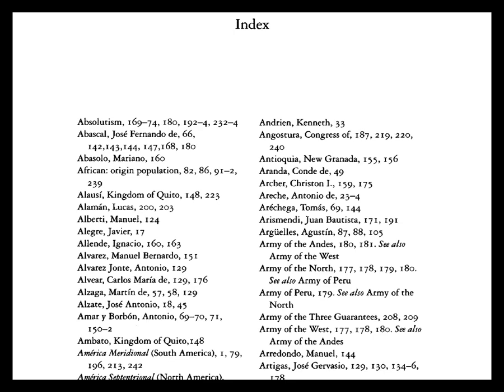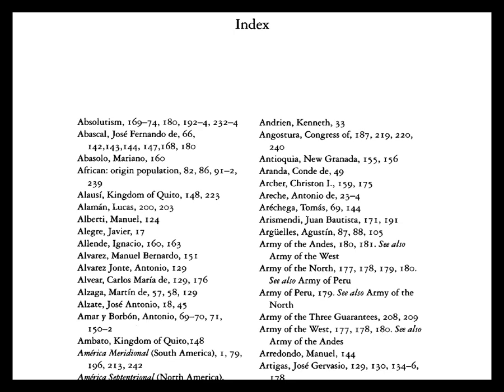And an index is a list of topics in alphabetical order that tells you where that topic is discussed in the book. So this is the first page of an index from that same Latin American Revolutions book. So if you're interested in a specific battle or a specific leader or general for your topic, you might just look up their name